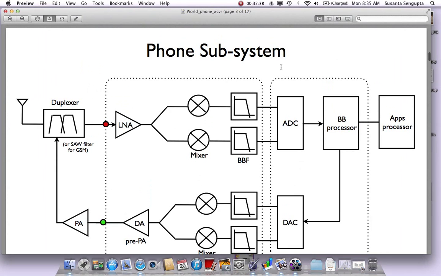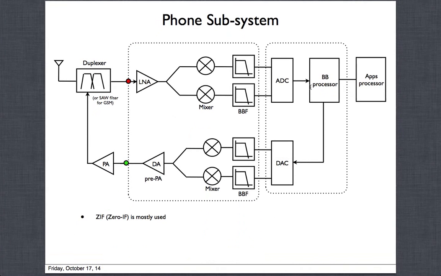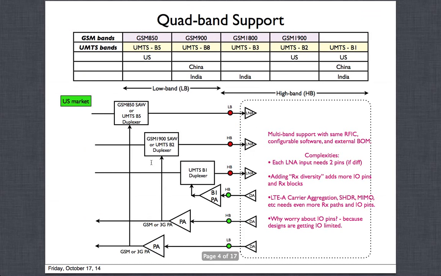How are we going to support multiple bands? We have looked at this phone system, all the various blocks of the RF chain, the receiver and the transmitter part, and the external filter, and this only shows one band, as I talked about. What we are talking about here is how we can support multiple frequency bands all over the world. Along those lines we have looked at the first case, which is quad band support. How can we support quad band? There are 4 bands that we had in GSM as well as UMTS.